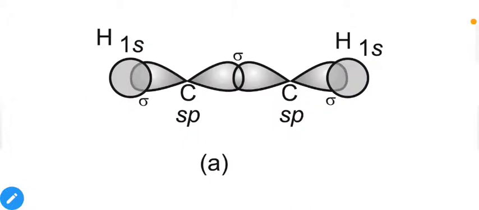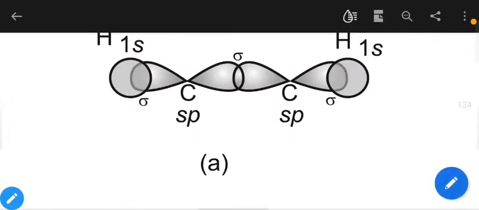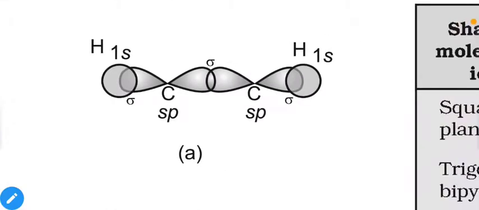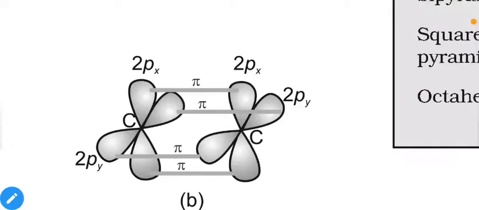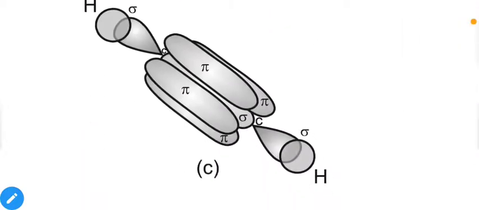A visual representation of the ethyne molecule is mentioned here. As we can see, we have this type of linear shape of molecule. We have the carbons' p orbitals and the hydrogens' s orbitals attached with each other. If you want to form the pi cloud, then it will be something like this. Between the 2 carbons, we have one straight sigma bond and the pi cloud will be spread like this, and it seems something like this if we represent all of the bond formation at once. So at the center we have one single sigma bond between the 2 carbons, and we have 2 different pi bonds. That's why these types of clouds will be observed.